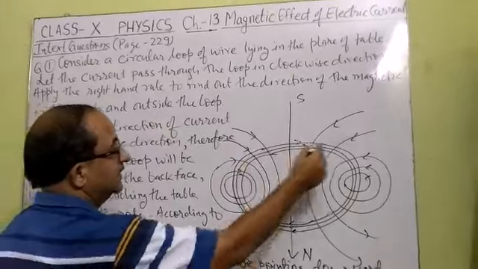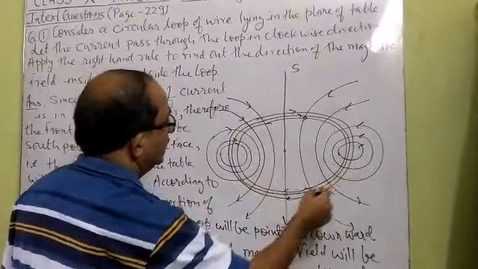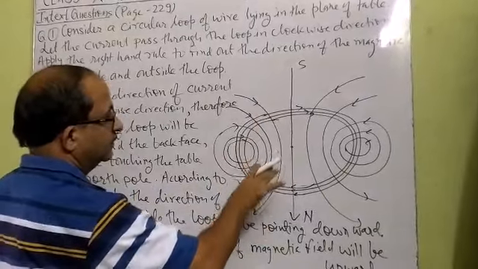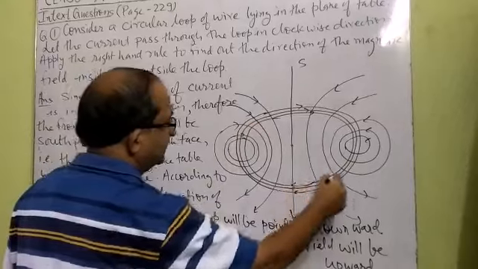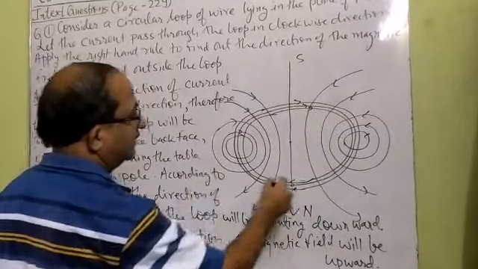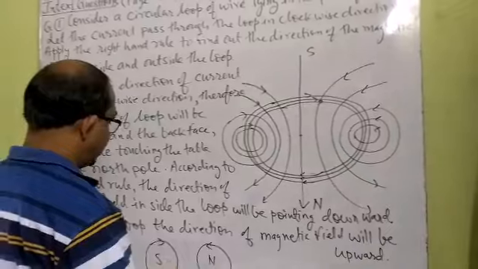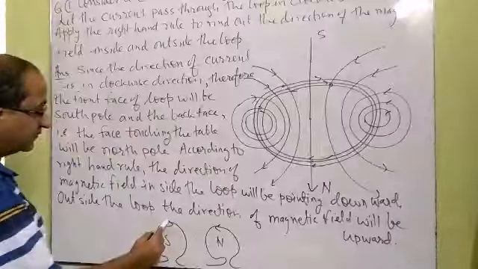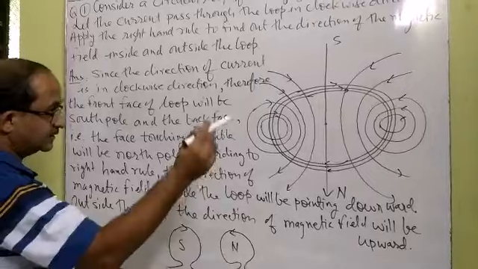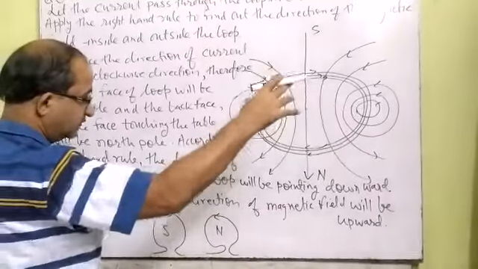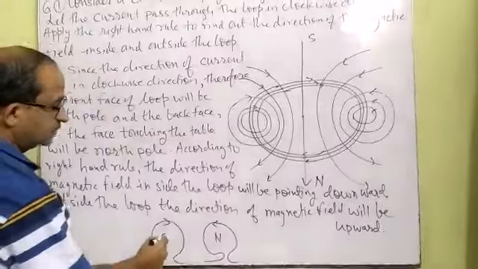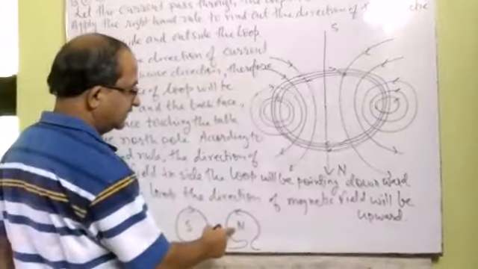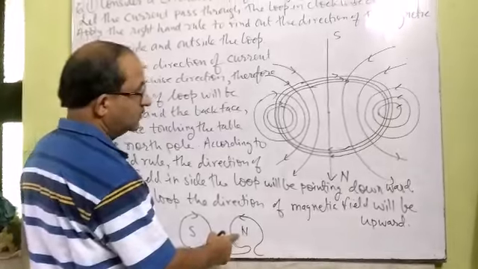You can consider a current carrying coil which is placed only on the tabletop, in front of us, in which the current is passed in the clockwise direction. Now by applying the clock rule, we can find that whenever the current passes in clockwise direction, then the side from which we are looking is the south pole, and when the current passes in anti-clockwise direction, then that side will act as a north pole.